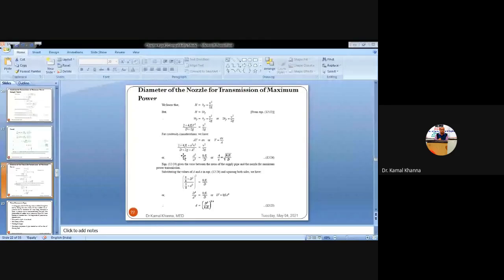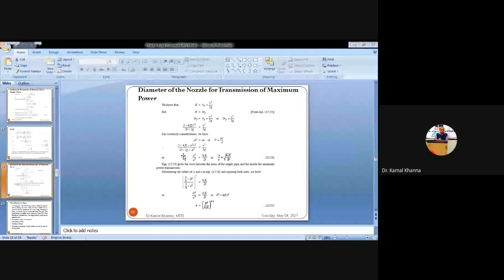You can see all the terms will cancel out, 2G with 2G, and by rearranging we get capital A square by small a square equal to 8FL by capital D. Whenever you are finding the ratio of capital A to small a, you have to take the square root of the right hand side. So capital A by small a is equal to the square root of 8FL by capital D.